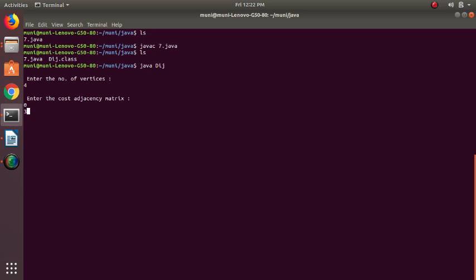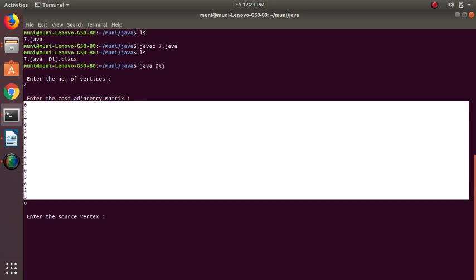Next 3, then 4, 6, and then I'll use 3, 0, 4 and 5, and then 4, 4, 0, 5, give 6, 5, 5 and 0. Since the number of vertices is 4, we need to enter 16 values.